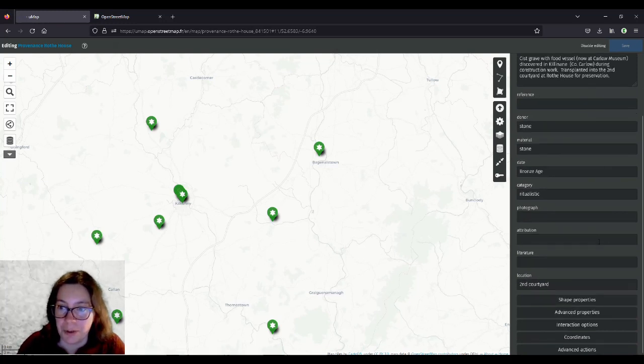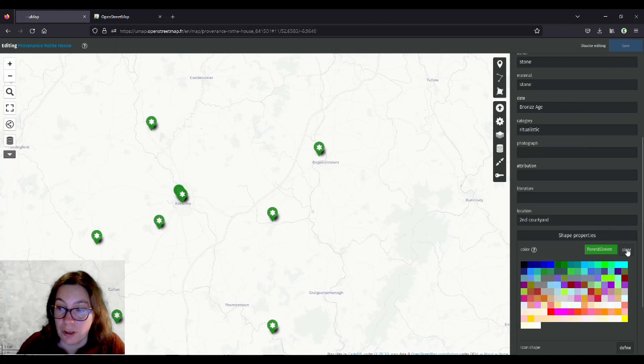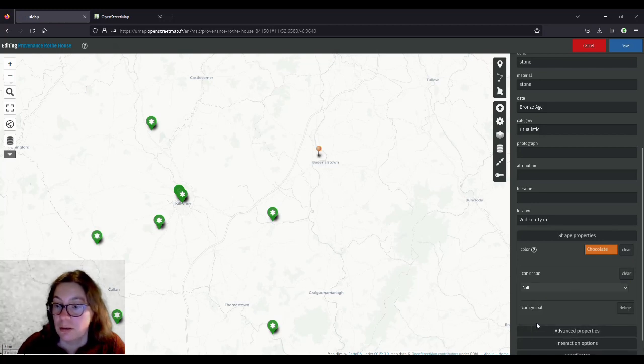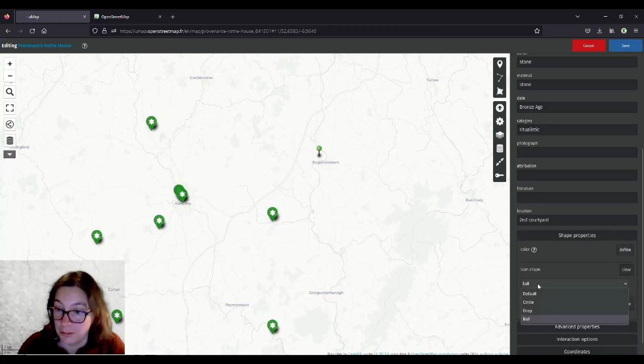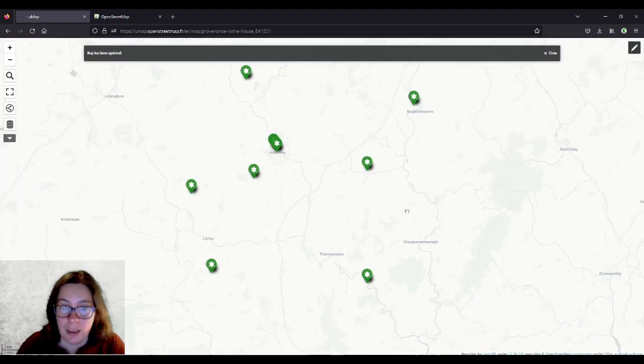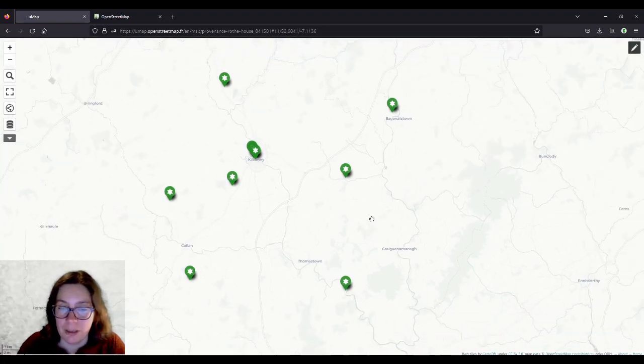But as I said, I wouldn't do it that way. I would go with the spreadsheet. And down here is the same shape properties, and you have the color. So you could change that to this kind of brown. And you could also change the icon shape. I don't want to do that, but that is entirely possible. And save that for now. And that is pretty good already.